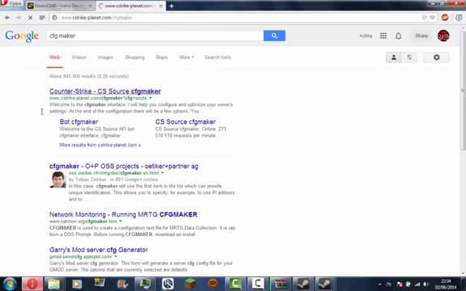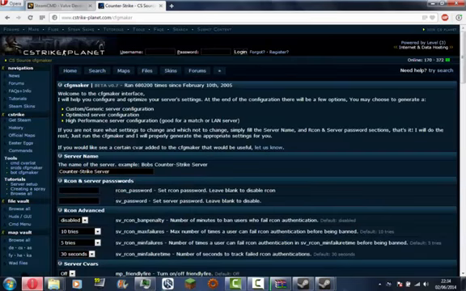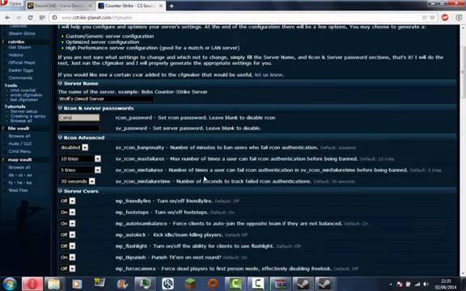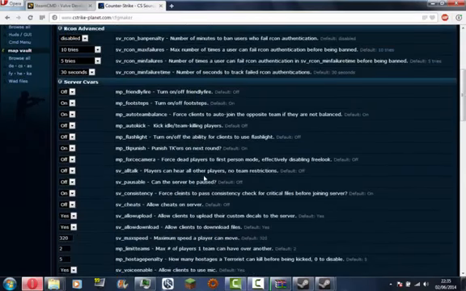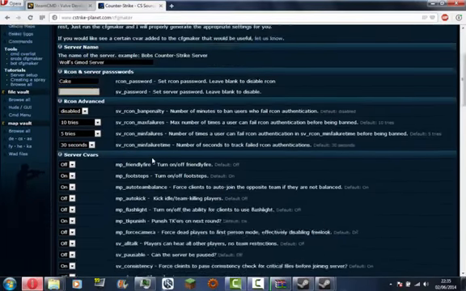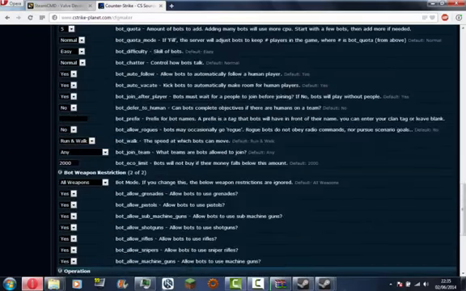cstrike-planet.com. This is what you're going to need to put in your server file. So we can just go ahead and call this Wolf's Gmod server, and for the rcon password it can be anything. For mine it's going to be cake. If you want to put a password in so others can't access it apart from your friends and you, if you give them your password, you can just add a password in there. For now I'm just going to leave mine blank, and then you just scroll right to the bottom